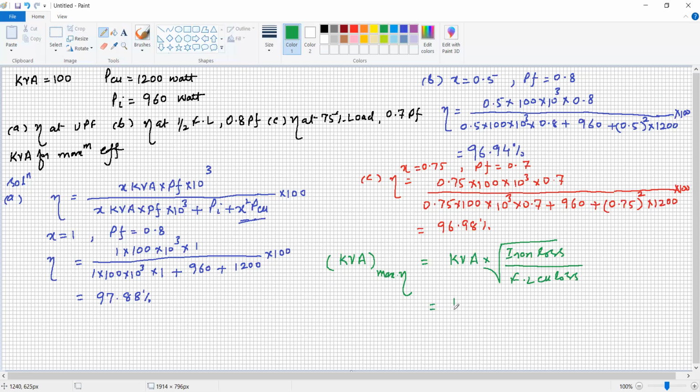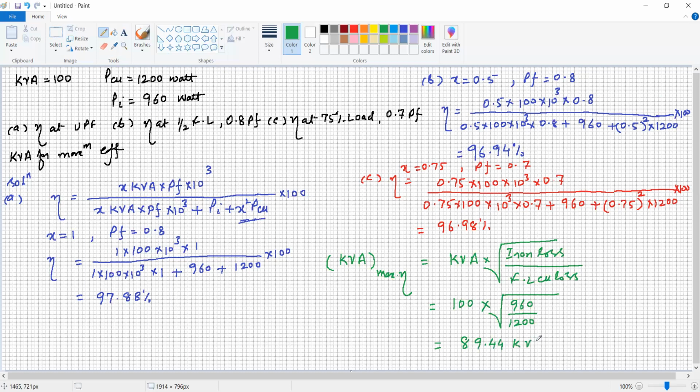The kVA rating is 100, and there is no need to multiply by 10⁻³ because it is a ratio. So 100 multiplied by the square root of 960 watt divided by 1200 watt,